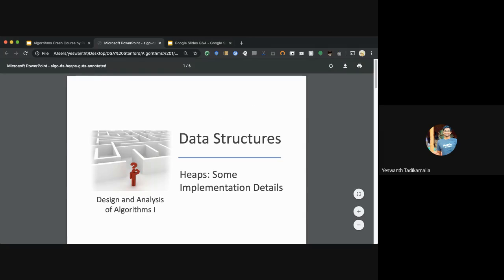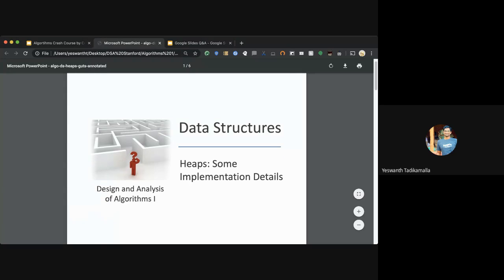So heaps are kind of a data structure. A data structure is a concept we use to store data in a specified order, so that this order will help us retrieve data from this given order. Heaps are one kind of putting the data in some order and relating the neighbors in the data. We'll get into details of what a heap is.